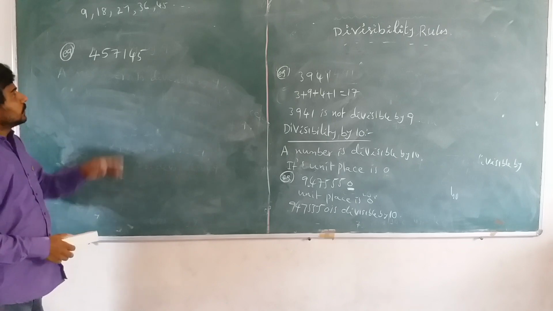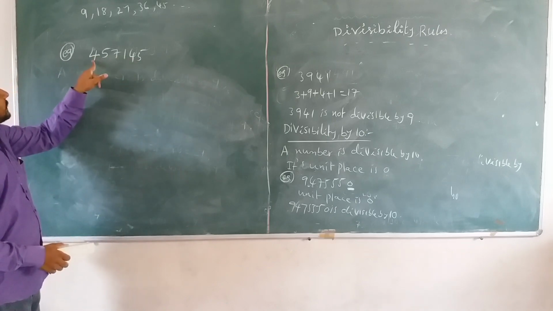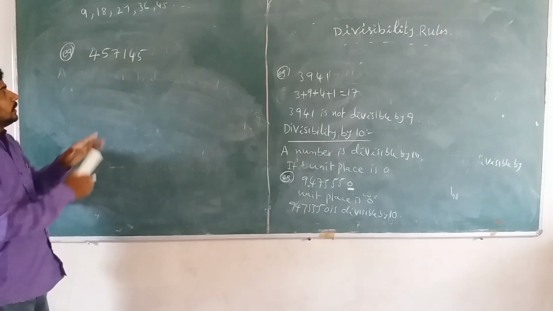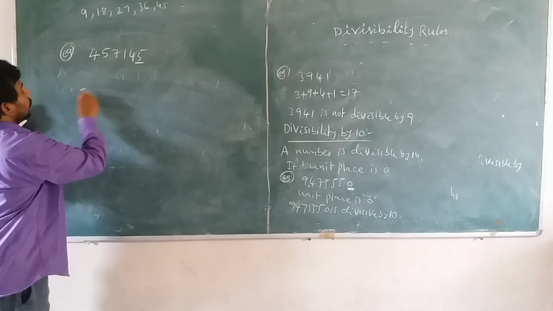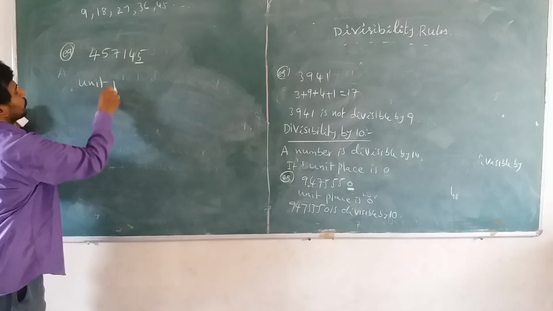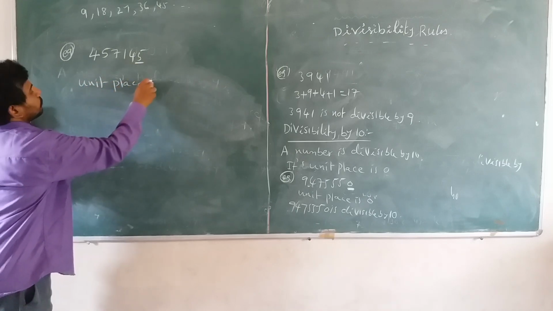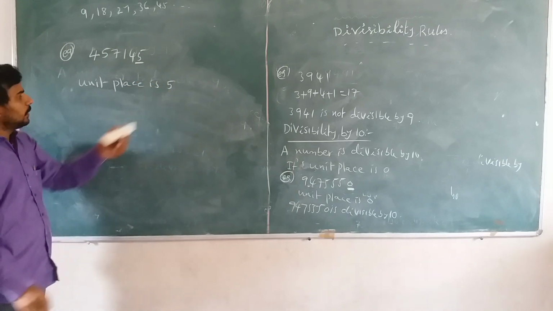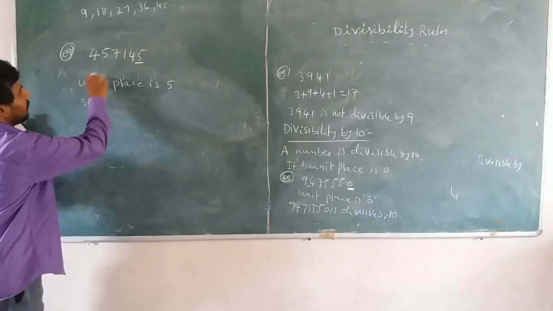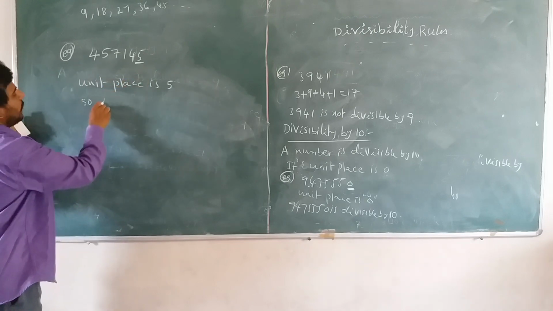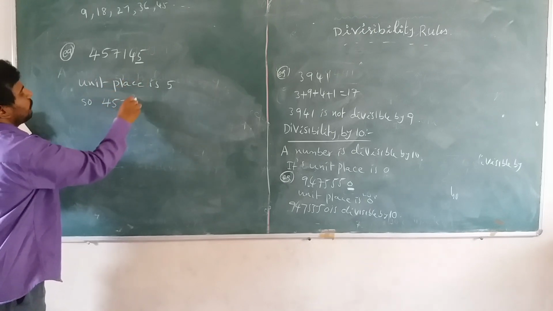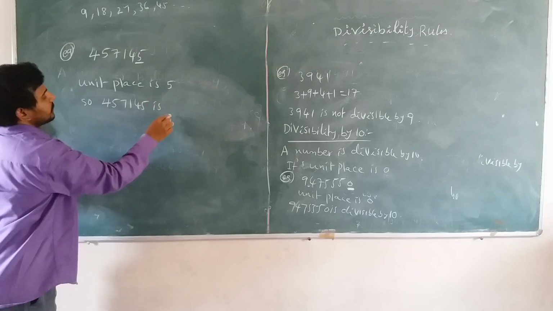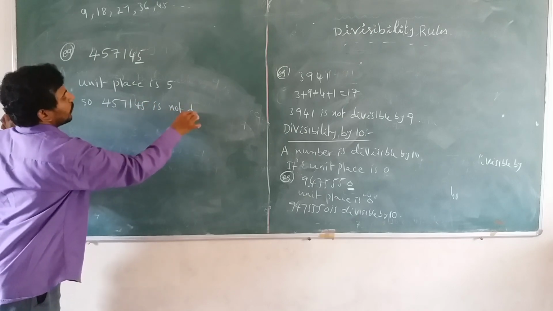See children, 1, 2, 3, 4, 5, 6. A 6-digit number is given. So what is the unit place? Unit place is 5. So the given number, what is the given number? 457,145 is not divisible by